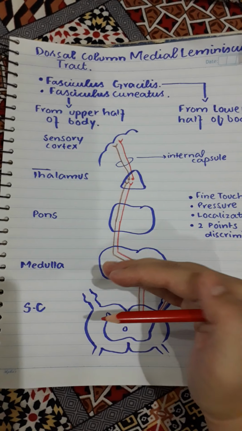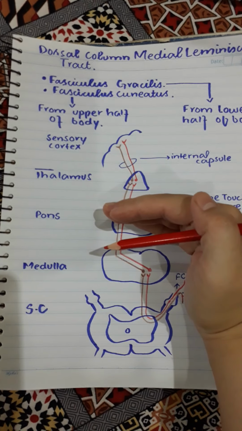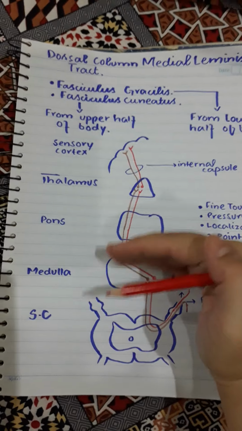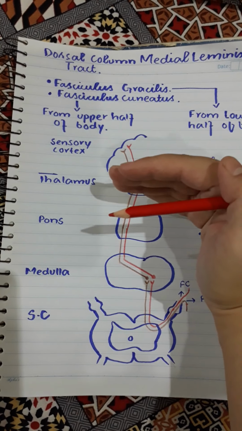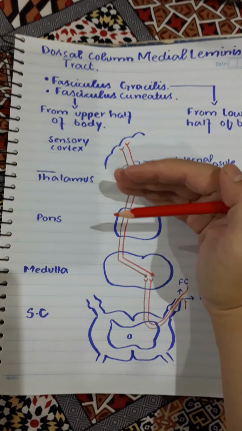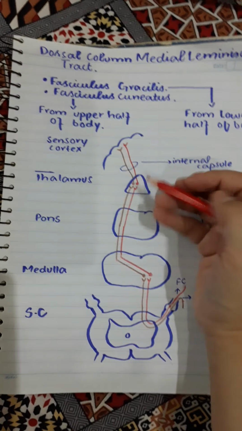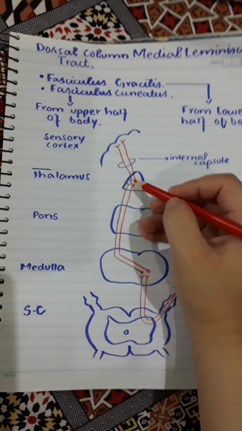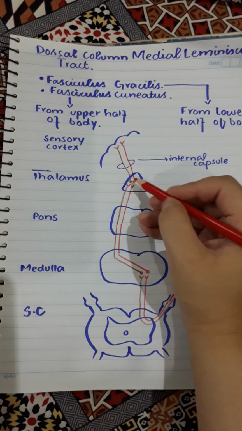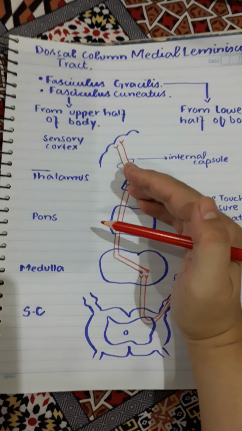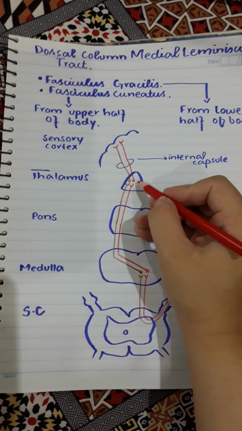So these fibers from the medulla run through the pons and then to the midbrain, and then come to the thalamus, which is a part of the higher brain center. In the thalamus they synapse with other neurons which are present in the thalamus. These are basically the ventrobasal nuclei. In these neurons